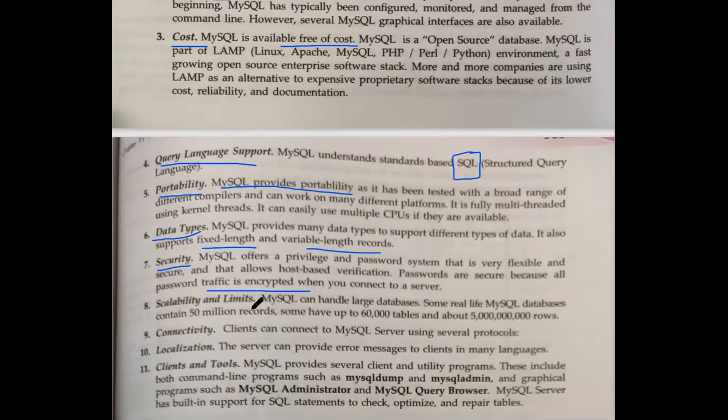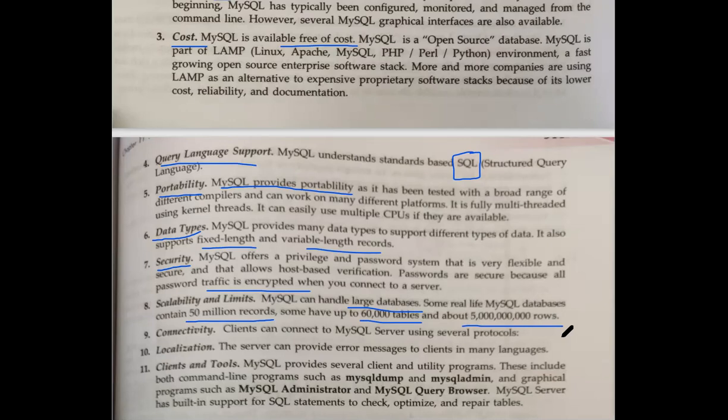Then scalability and limit. This is what I just wanted to show. MySQL can handle large databases, and you can see some real life MySQL databases contain 50 million records. Some have up to 60,000 tables, and now you can count how many rows there are. This is for you to understand the capacity of MySQL, how much big data it can store.